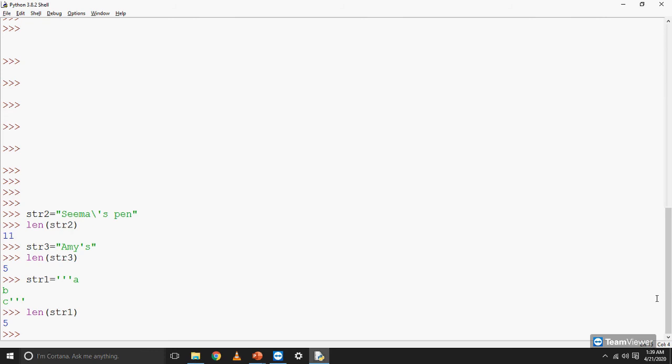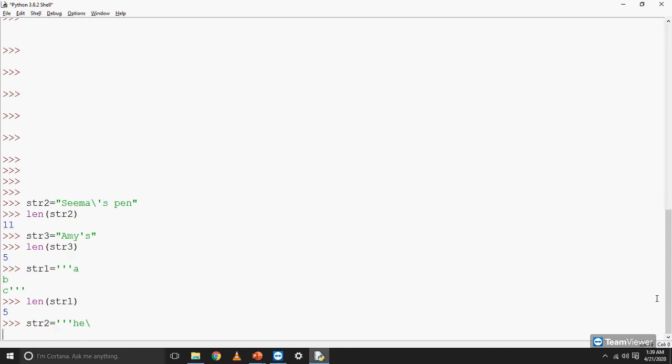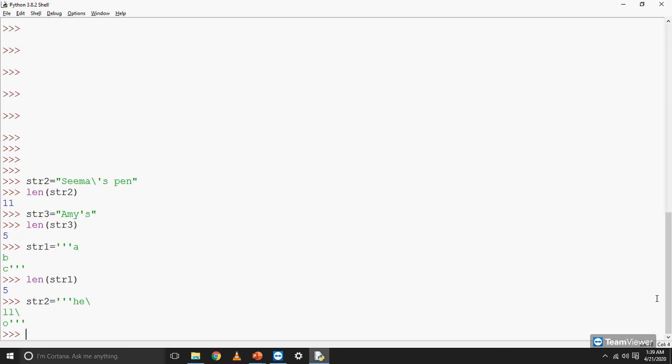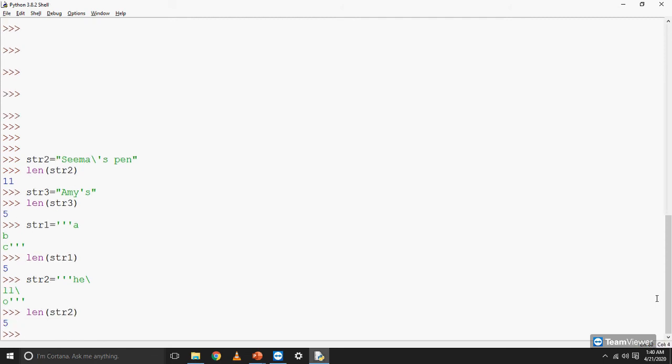Now the next one would be str2, in which we had assigned HE followed by a backslash, enter, double L followed by a backslash, O, and then triple closing quotes. So let's check the length of str2 now. It should also come out to be 5. So here we have the result matching what we have seen earlier.